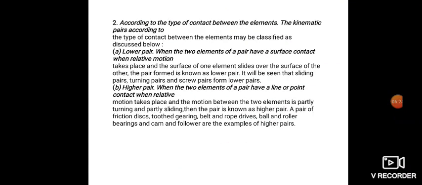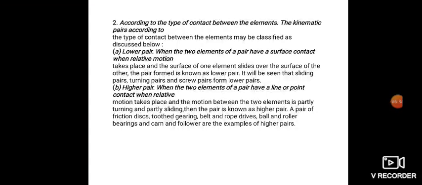Then second, according to the type of contact between the elements, the kinematic pairs differ according to how that contact takes place. First one is lower pair and second one is higher pair. What is lower pair? When the two elements of the pair have a surface contact,